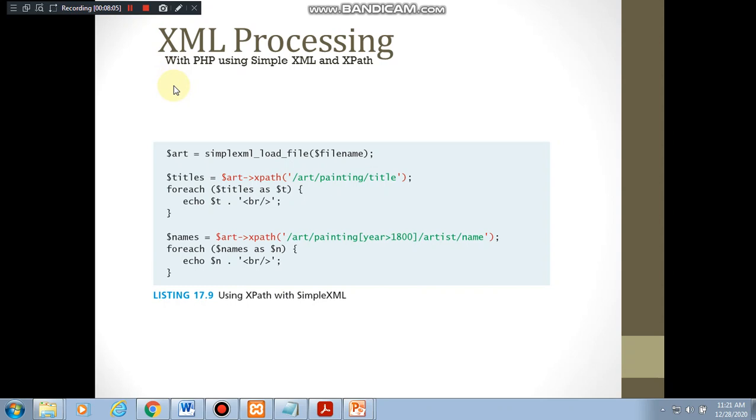So now we'll see how to do XML processing using SimpleXML and XPath both. Here $art is a PHP variable, which is making use of the load file function, and the file name is specified here. And then we can make use of XPath here. As you can observe, $art->xpath, you have to take the path of that, art/painting/title.